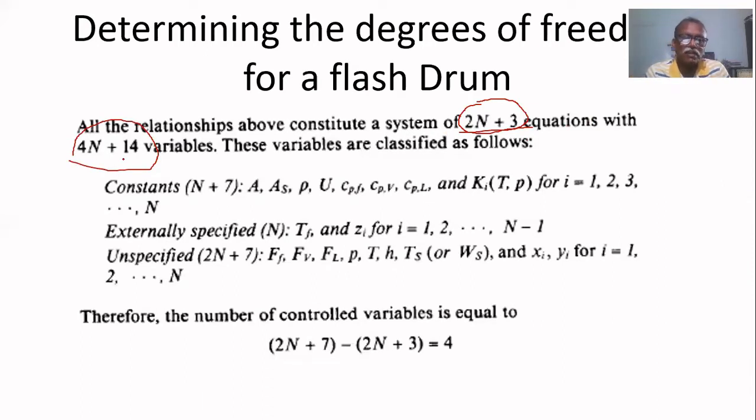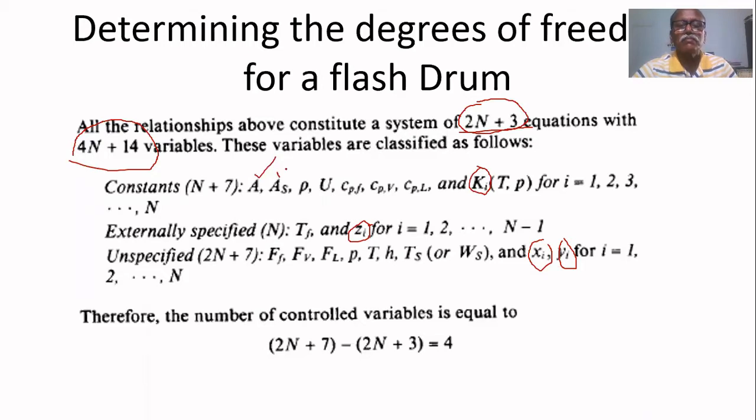Number of variables in that process is 4n plus 4. So in xi, how many xi's? N xi's, n yi's, n minus 1 zi's, and n ki's. If you consider all these together, 4n minus 1 variables and another 15 variables, area of cross section